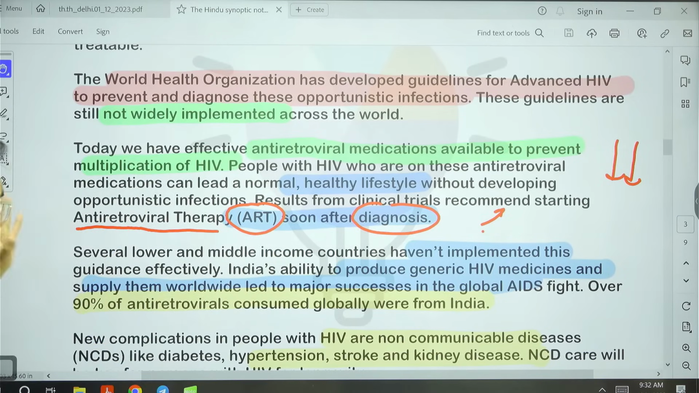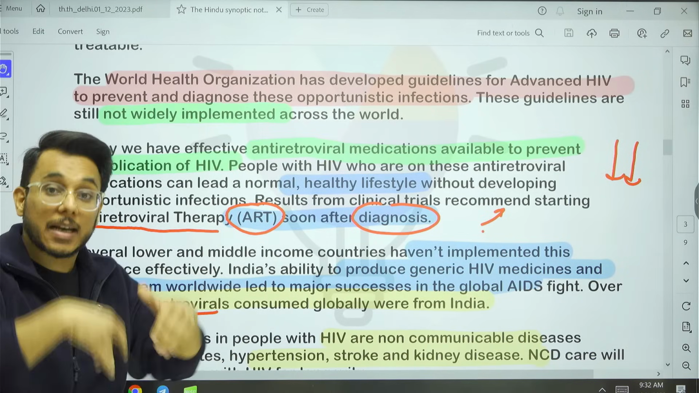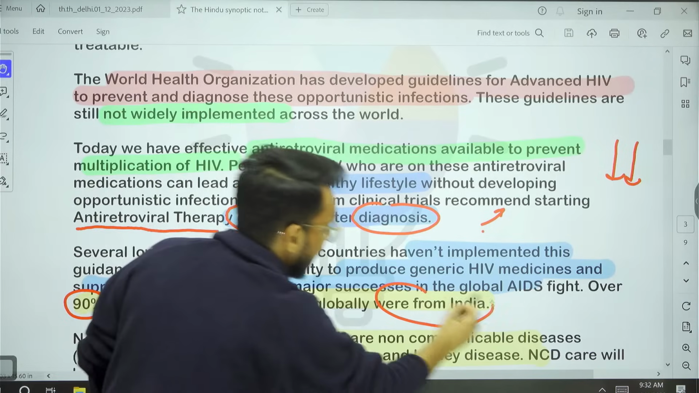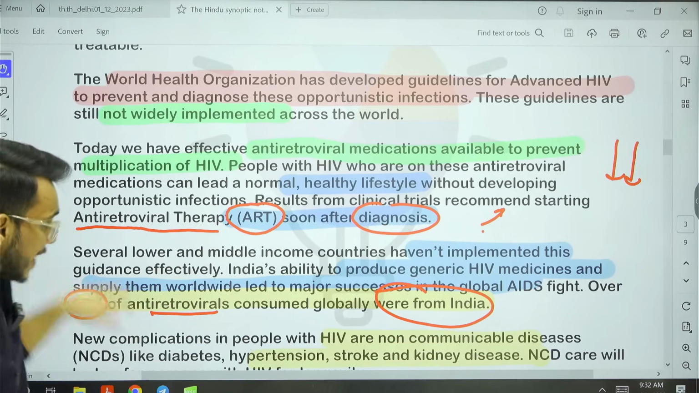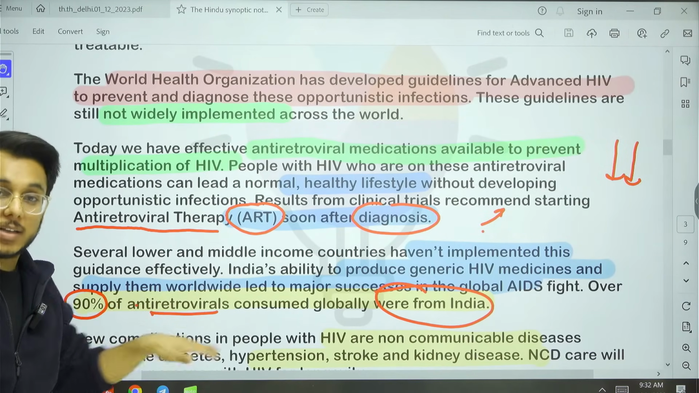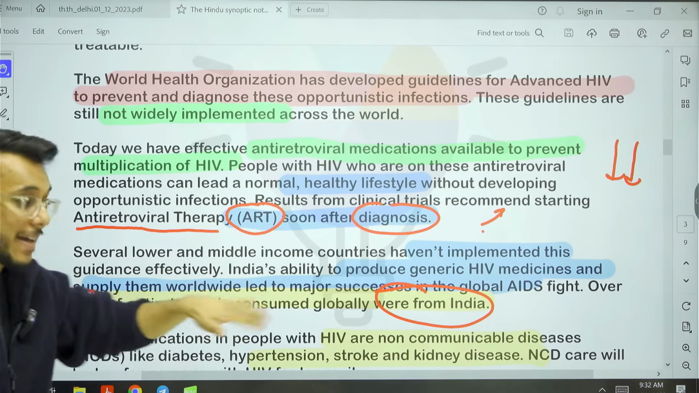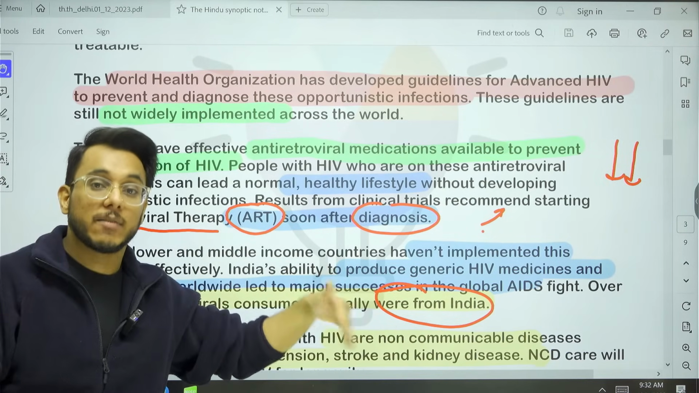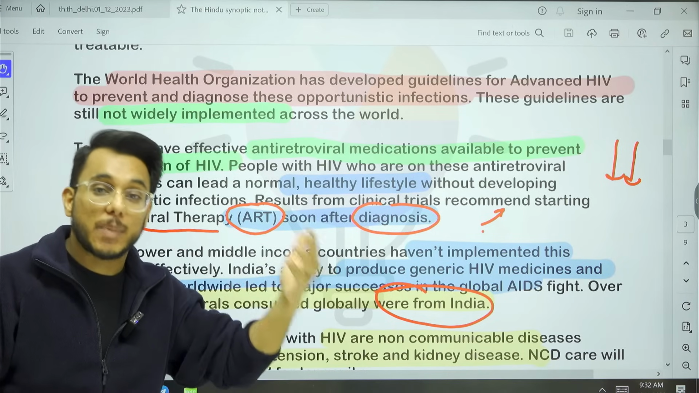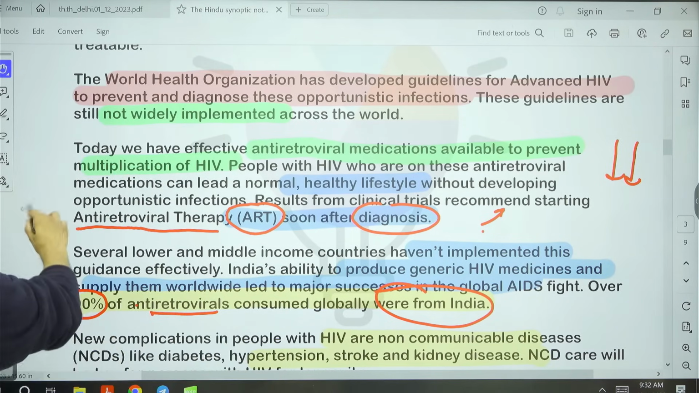90% of the antiretrovirals consumed not just in India but in the entire world are made in India. So the world's 90% of antiretrovirals are manufactured by India. But in India, people are not being given access to these antiretrovirals because of non-availability and because people don't have awareness. So this is something that can be